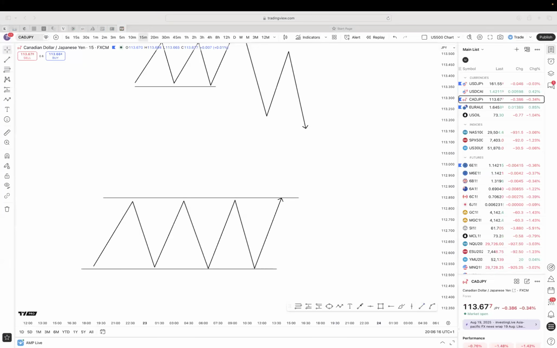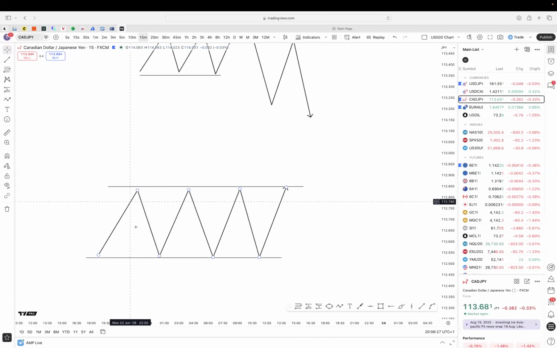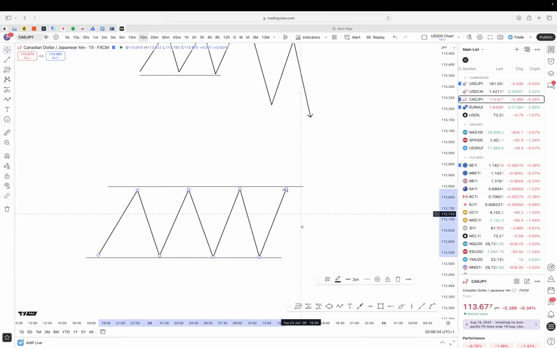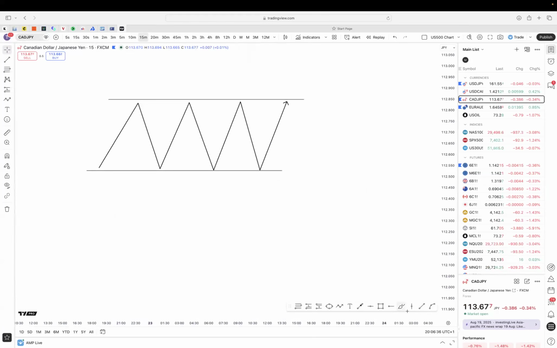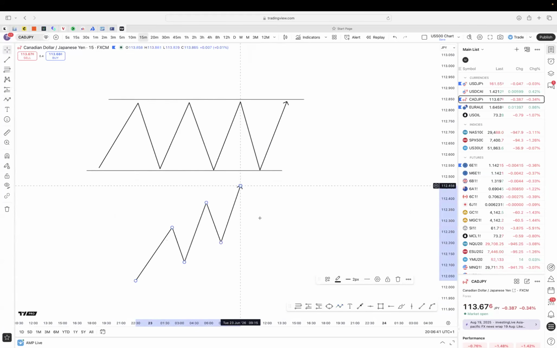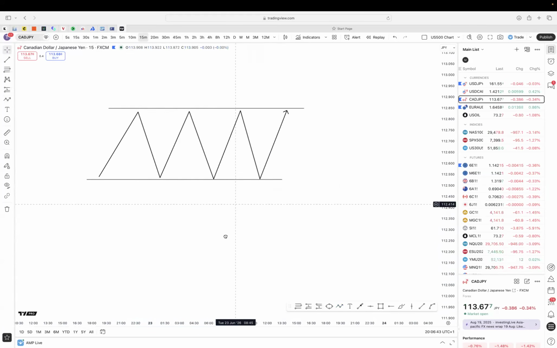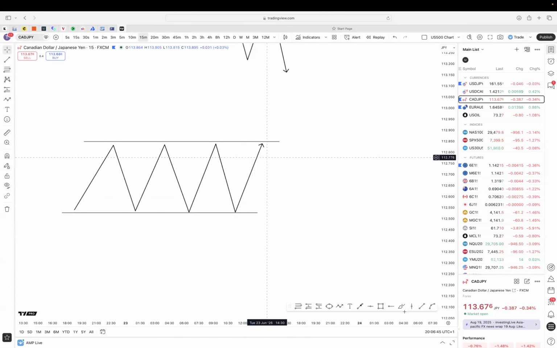Now, with that, what we basically have is millions of buyers, millions of sellers fighting against each other. There's liquidity in the market. Liquidity is money, but there's no overall direction. So we trade the market when there is a clear and obvious bias. But we can use consolidation to our advantage because